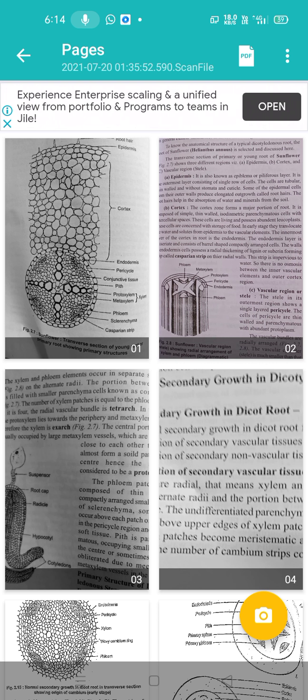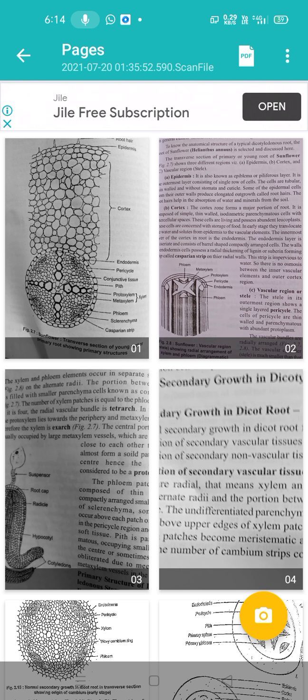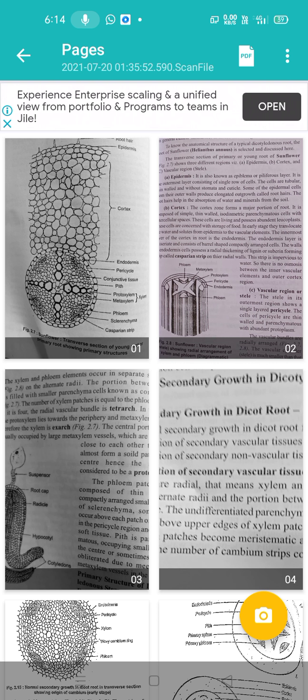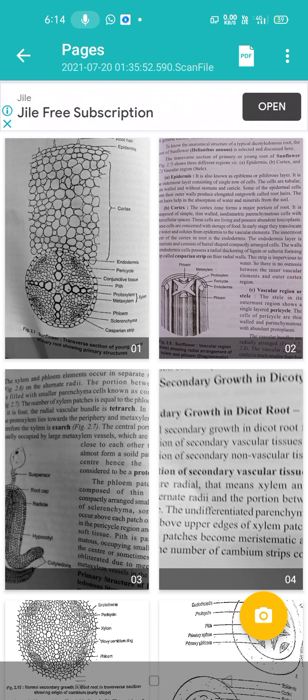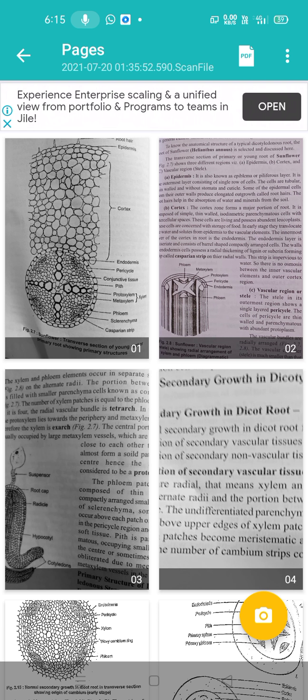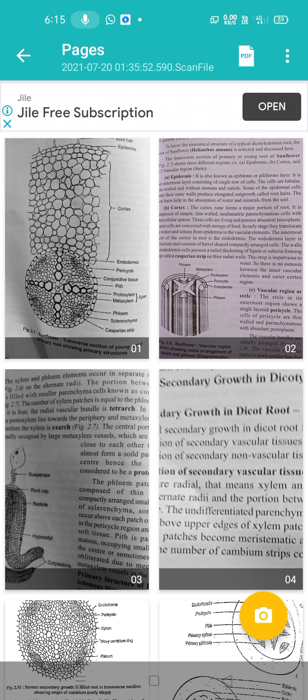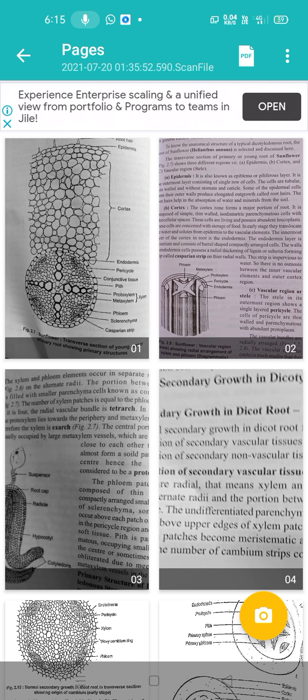Before the study of this normal secondary growth, we must know the primary structure of a dicot root, stem and leaves. The primary structure of a dicot root may be studied when we take the transverse section of a sunflower root. Then clearly observe the detailed internal structure of this root. But what is meant by root?